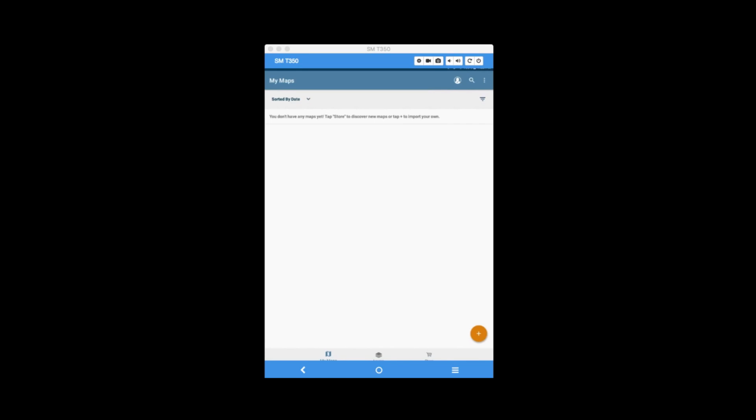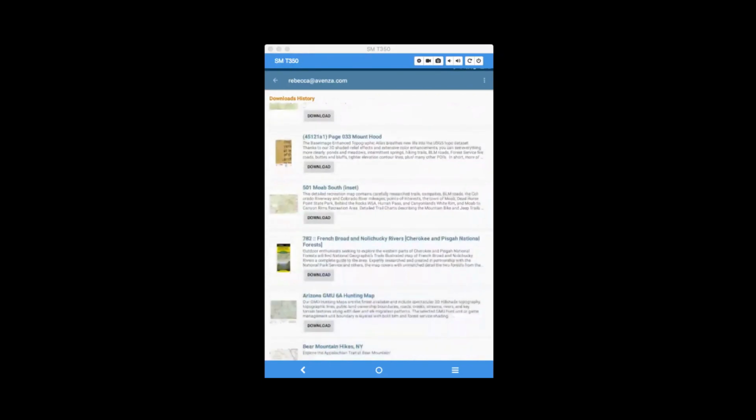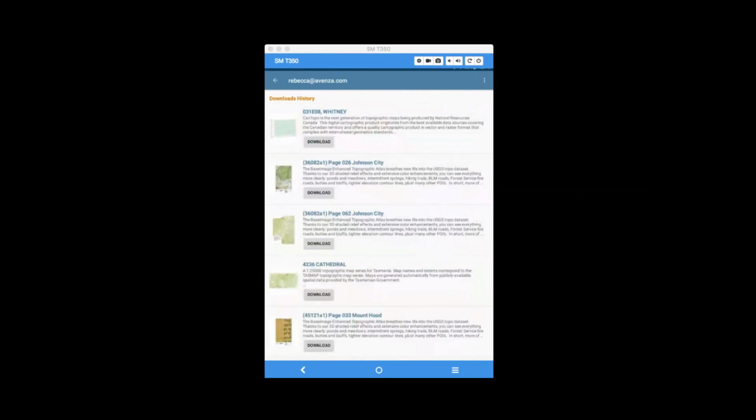So we're going to open the Map Store account just to give you guys an idea of what it looks like. So we'll tap the head and shoulders icon, and you'll see all of the maps that I have in my Map Store account. So you can scroll through it, and you'll see I have a lot of maps. And you can download them to your device from your Map Store account, which is super great if you're using Avenza Maps on more than one device. If you have a tablet you take hiking, or a phone, or both, this way you can access the same maps. So we really recommend having a Map Store account, because when you purchase or download maps from the Map Store, they'll be associated to your account, and then you have a record,